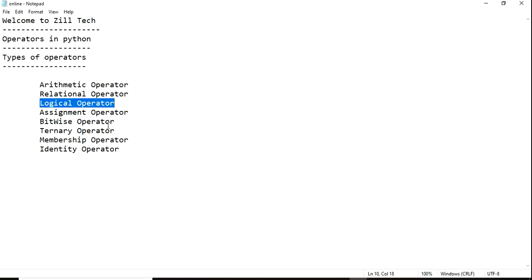Also, we have finished those in the last few videos. Today, in this video, we are going to talk about the assignment operator. What is an assignment operator? As the name itself says, an assignment operator is nothing but storing the value from the right hand side to the left hand side with the symbol equals to.